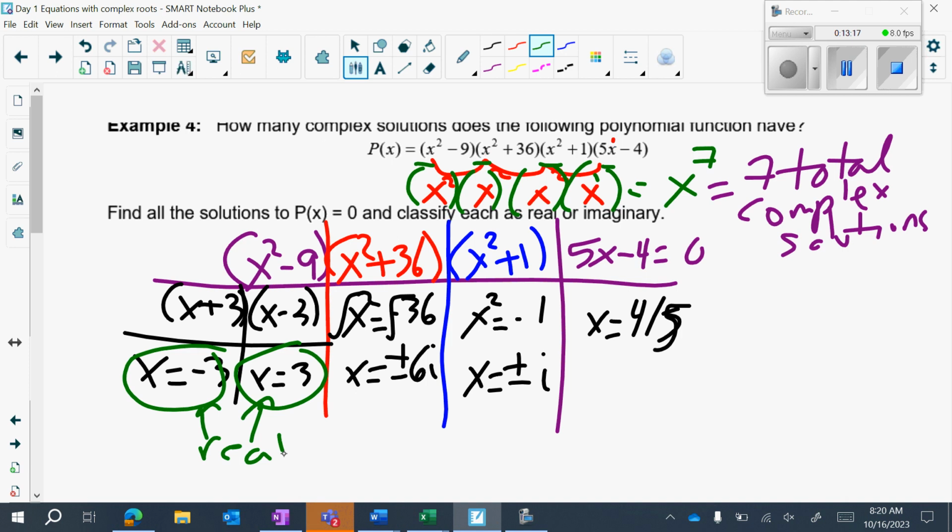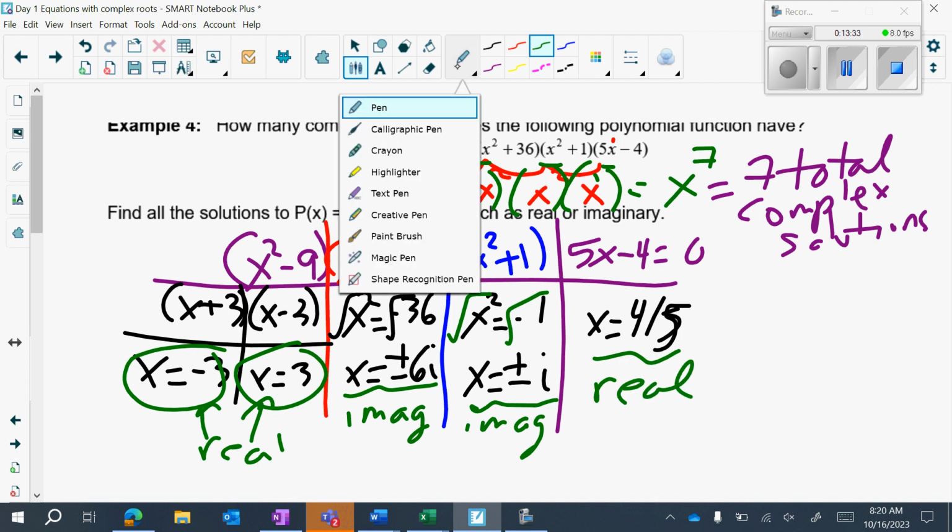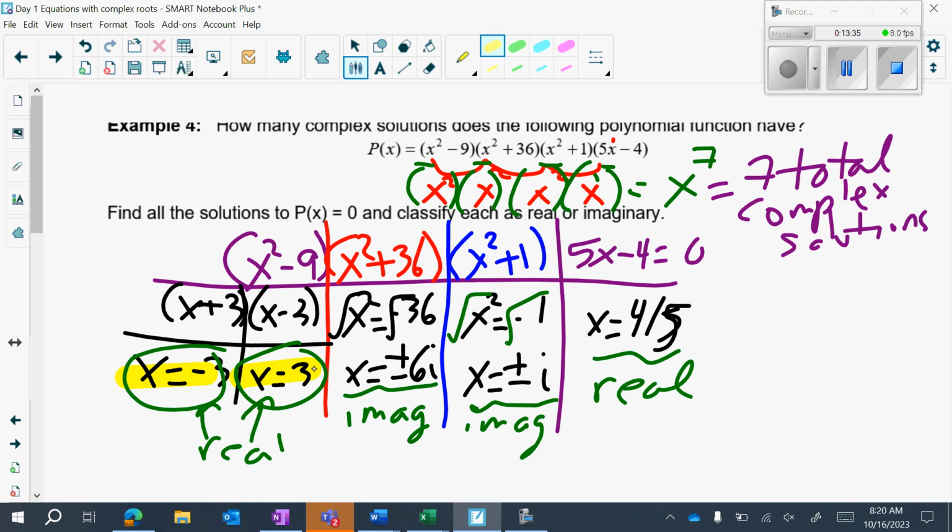I have positive and negative 6i. That's imaginary. I have positive and negative 1i. That's imaginary, because when I did the square root of negative 1, I got i. And then I have 4 over 5. That's real. Okay? So if I count up the total real roots, it looks like I have 1, 2, 3